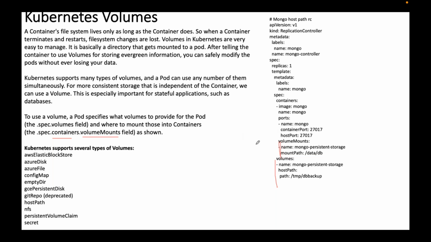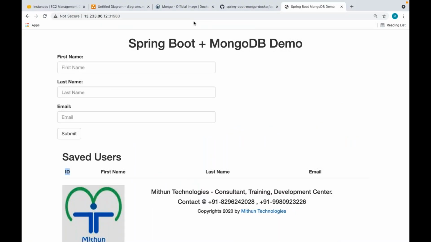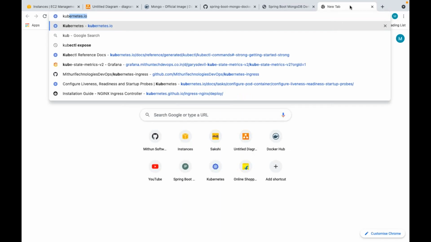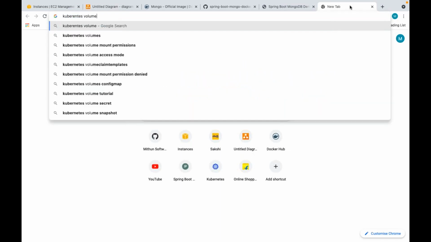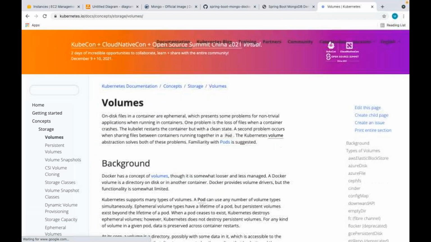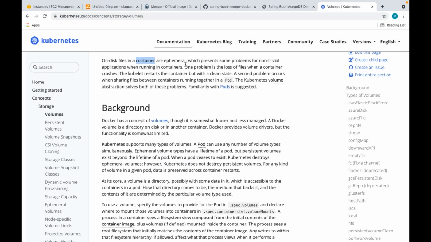Now, there are different types of volumes. Let me explain what is emptyDir, what is host path, right? We'll try to understand the volumes. In Kubernetes, you have volumes. As I already told, the files on the containers are ephemeral.